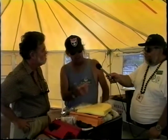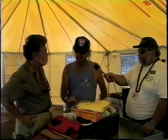Now we have these modular kits set up, and I think now we're up to maybe 20 kits. So if there were 20 people available, they would each have a kit, or we could draw on other kits if necessary. But that's basically one person comes in. If the patients are spread out, we would be able to give these people these jump kits, as we're calling them, and they could go into the field and start the initial resuscitation of the injured patients. And that was basically our initial thoughts when we first thought of this whole concept of a rapid deployment team or